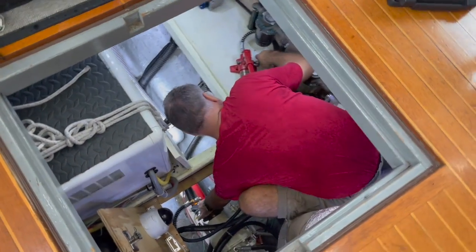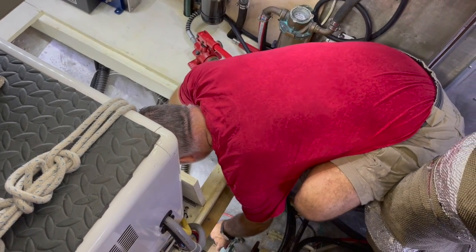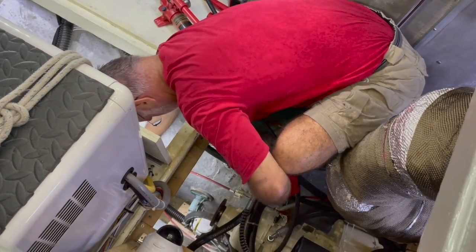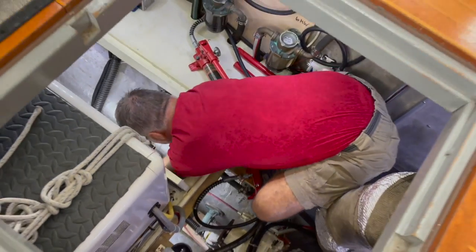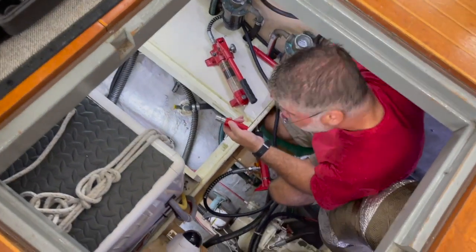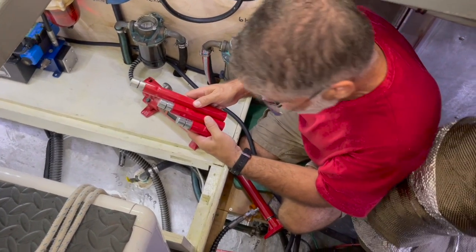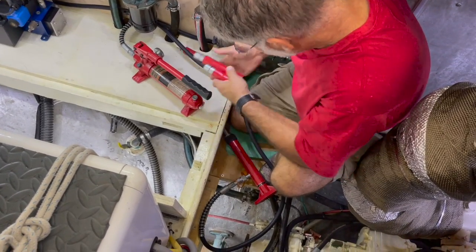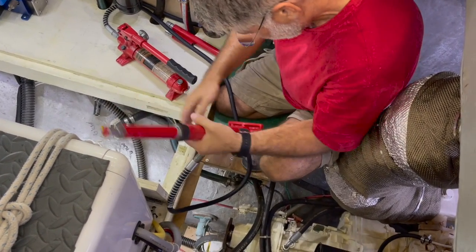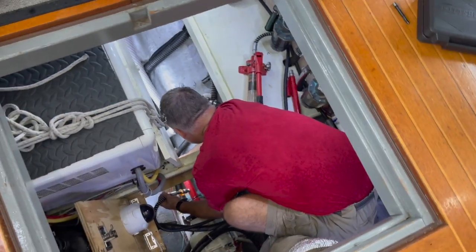So I'm going to grab the cylinder. I'm going to release the pressure. It's going to suck itself back in. And then I'm going to pull the cylinder out. Pull the extension out. And then I have a longer extension now, and even a longer one, so I can just keep on putting these extensions in, pushing it further, because I'm limited for the stroke for this. So I'm going to put this on here, which is the next step longer. I'm going to slide this in here, slide it into the existing shaft,